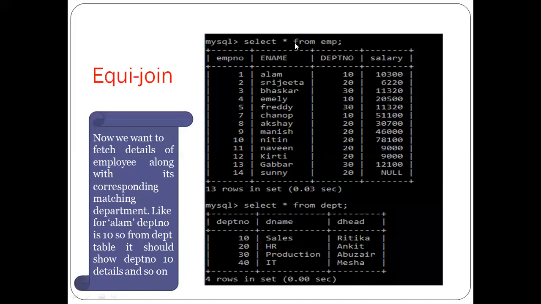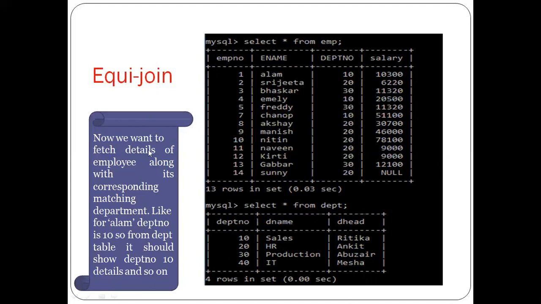See here, SELECT * FROM EMP, all the records will be displayed. Here employee number, employee name, department number and salary are there. See another table, SELECT * FROM DPT: department number is here, D name is here, and D head, department head, is here. Any columns you can give.